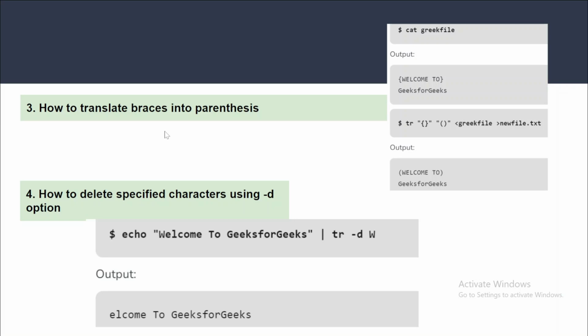And this is very important. If you want to replace anything from a file, you need to provide both arguments. For example, in this file I am replacing the curly braces with this close bracket. You simply have to use tr, provide both arguments and provide the file name. If you want to store it into a new file, use the redirect operator and store it in new file.txt. So the curly braces will be replaced with this close bracket. We generally use this.